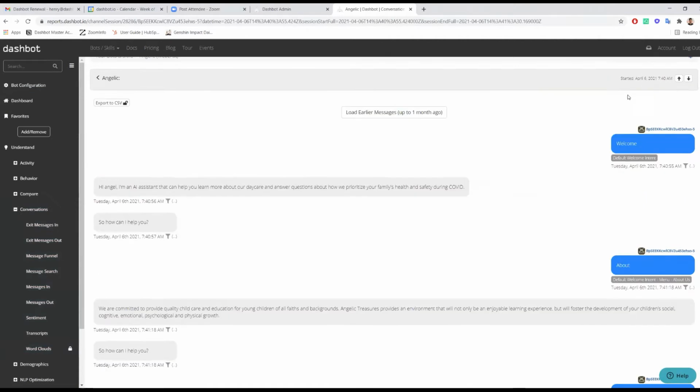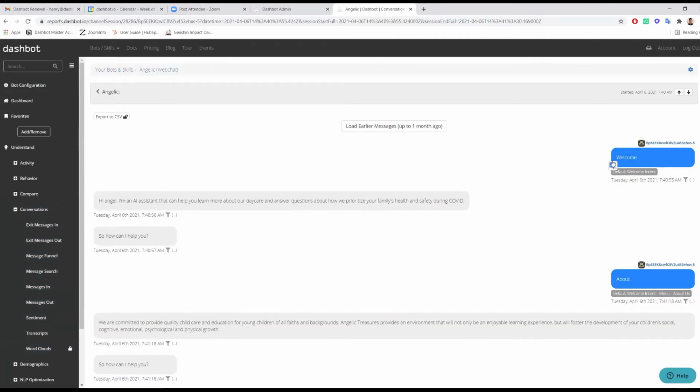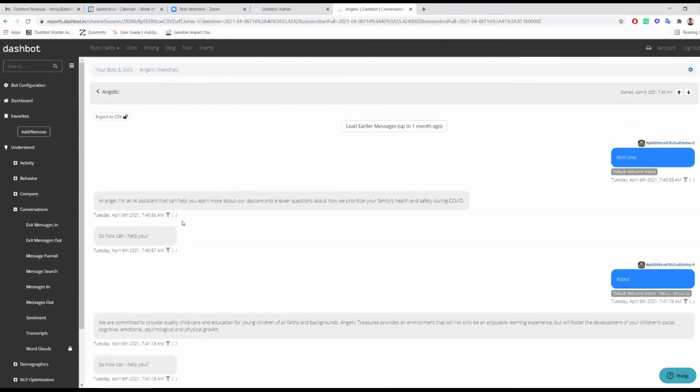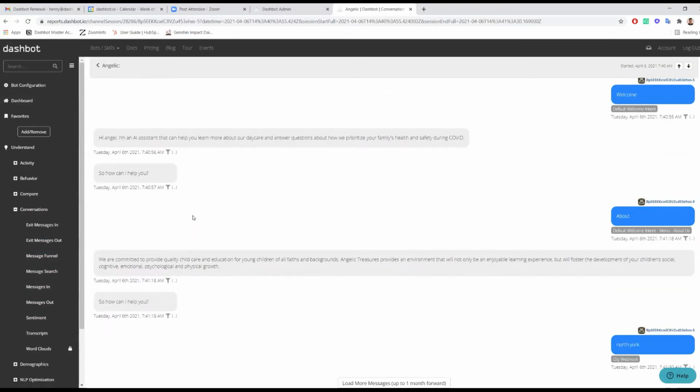So a transcript is going to look something like this, where you can see the user utterance, the intent that has been tagged to that utterance by your NLP engine, as well as your bot responses. And so this can give you the full context about where the user came in, how your bot responded, and what exactly led them to saying that message. And again, how did your bot respond from there? So these transcripts are what we call the source of truth